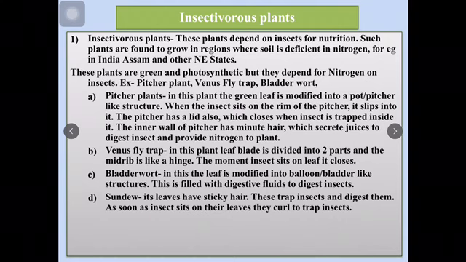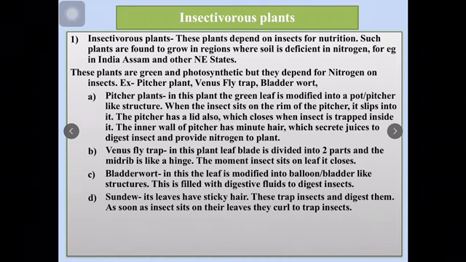The insects are attracted to these structures and then the plant traps them and digests them to get nitrogen. Very first type is pitcher plant, which you have read in your previous classes also. Pitcher means pot like. So in pitcher plant, the leaf gets modified into a pitcher like or pot like structure. These pitcher like structures have a lid also, a cover also. So insect find it very fascinating.